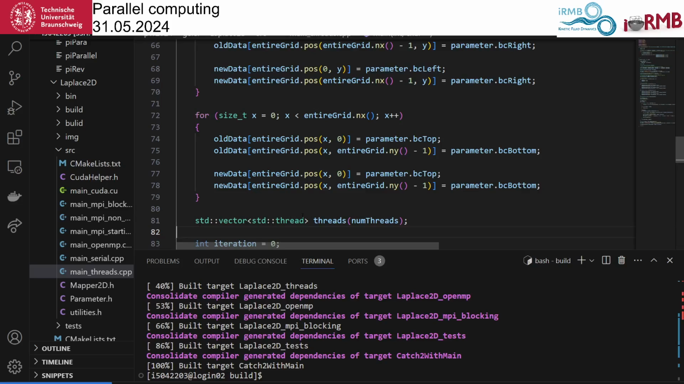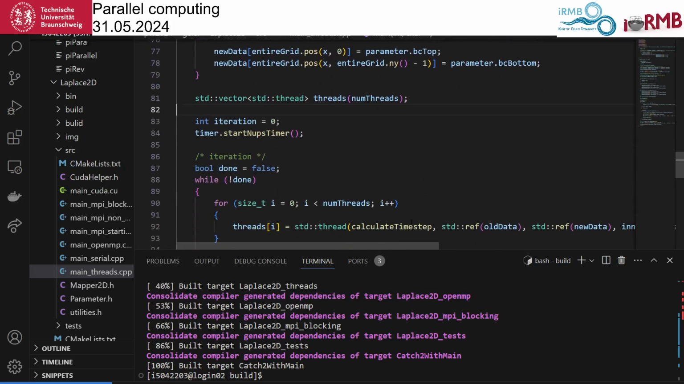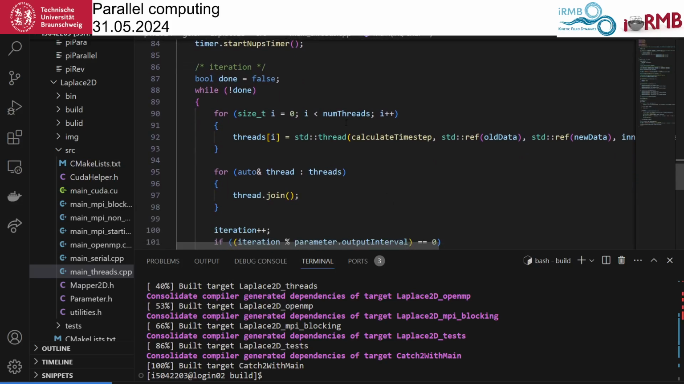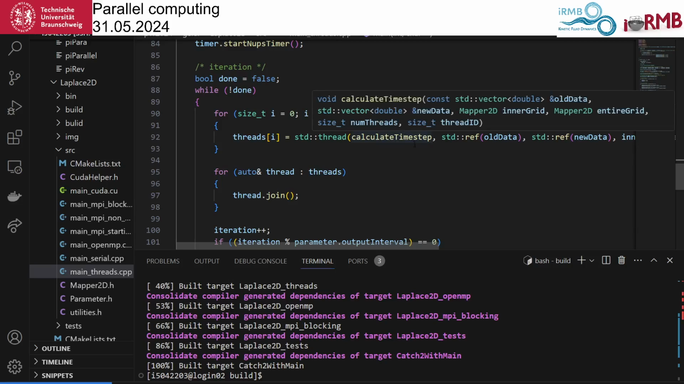So just generate them, we call them threads, and we give them the number of threads. So this will dynamically generate a vector with all the threads in it, but the threads have not yet been started. Okay, then we come to the main loop, and then we'll start from i equal to 0 till the number of threads. We'll start these threads. So assign to each of the threads a new thread called with calculation time step, and now